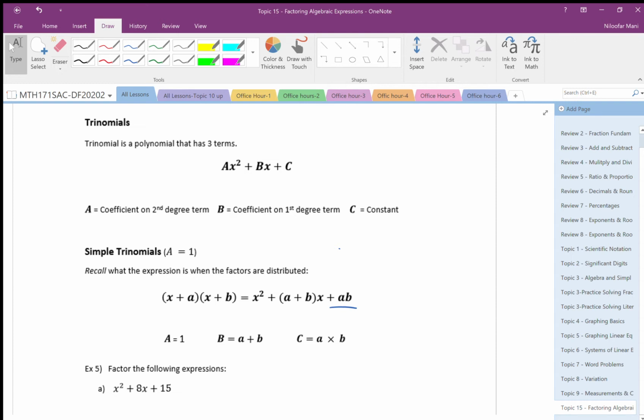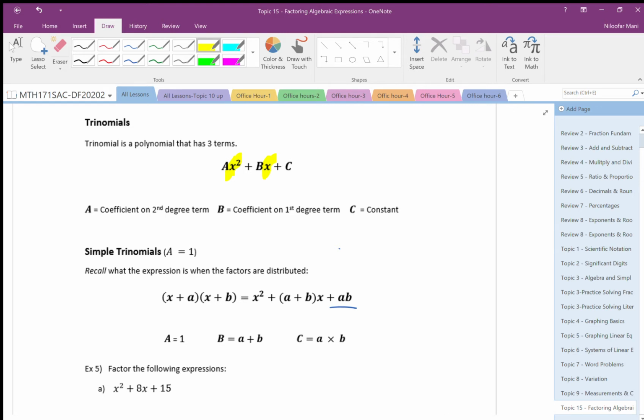So I have something to the power 2, the same thing to the power 1, and then the same thing to the power 0, which is 1, so it's just a number. I want to see how I can